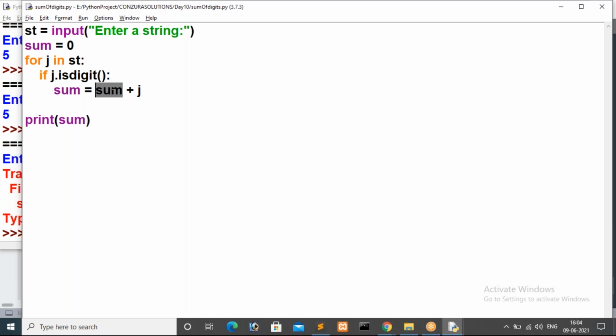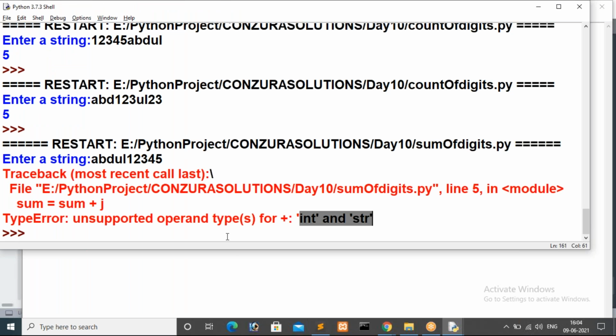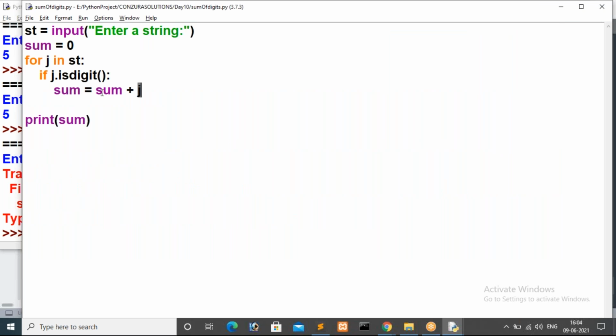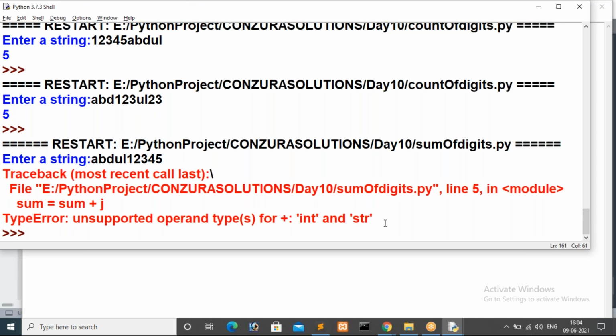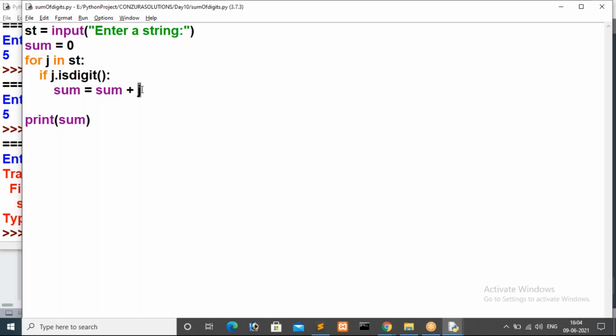Here sum belongs to integer, but j belongs to str. So yes, sum is an integer, but j is a string type, so it's not possible. Now I want to convert this j value from string to integer. For that, how can we convert a string value to integer? For that, we have a special method in Python. What is that?